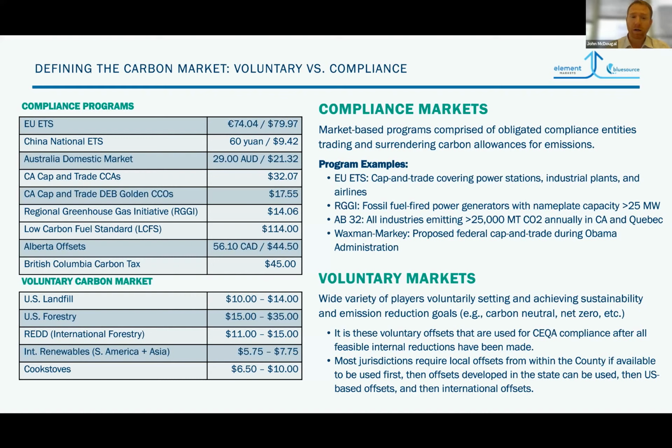And we'll go over that process that really is comparable to both compliance offsets and voluntary offsets. One question that I always get when it comes to CEQA, especially on the buyer side, the demand side, is what's the difference between a California compliance offset and a voluntary offset? And there really is fundamentally no difference in generating that offset, other than that the CARB, or California Air Resources